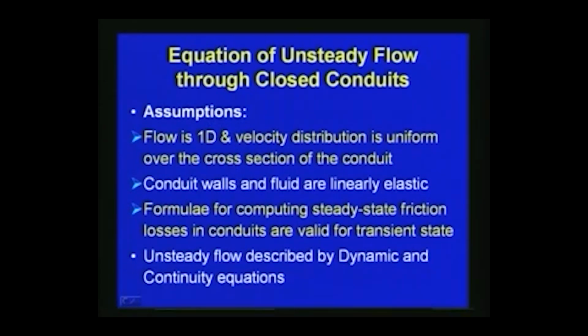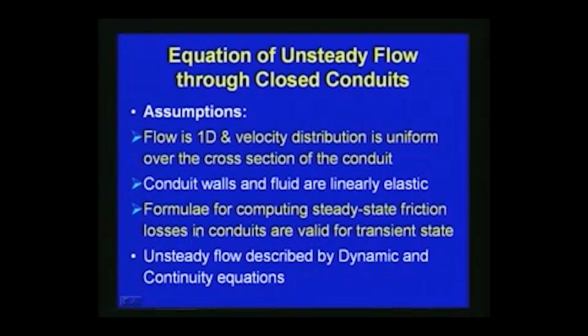Since we are dealing with closed conduits or pipes as far as unsteady flow is considered, we assume that flow is one dimensional and velocity distribution is uniform over the cross section of the conduit. The pipe flow we consider as one dimensional flow, and also the velocity distribution is uniform over the cross section of the conduit. The second assumption is that conduit walls and fluid are linearly elastic. The third assumption is that formulae for computing the steady state frictional losses in conduits are valid